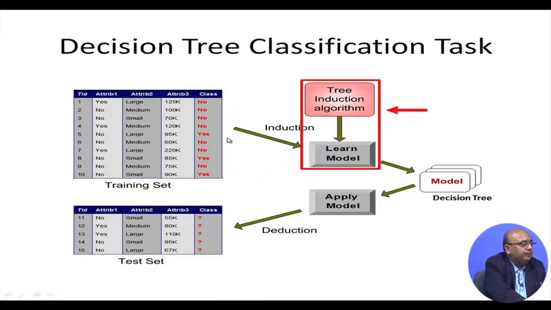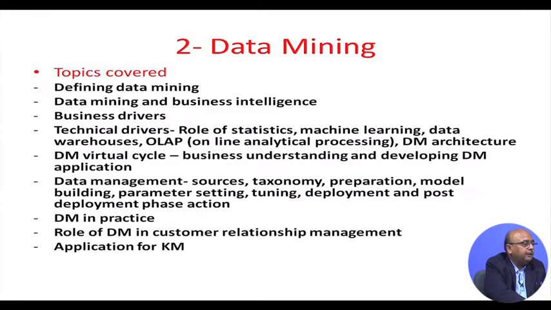Look at another example. You have these attributes, yes, no, and these are for the different kinds of size: large, medium and small. These are the income, these are the classes. Based on that can we take a decision? Look at this. So who is going to cheat? Which class of people? Attribute 1, no. So what you need to do is develop a decision tree and then you are going to see whether they are going to be classified as a cheater or not a cheater. So based on this data you form a decision tree and then you can see whether he is going to be a cheater or not a cheater.